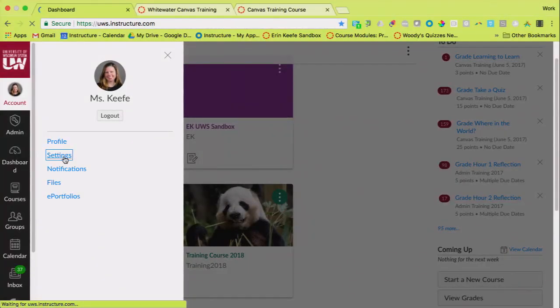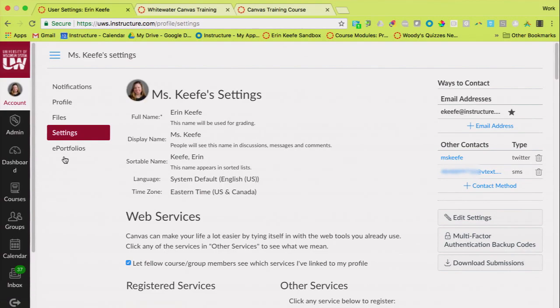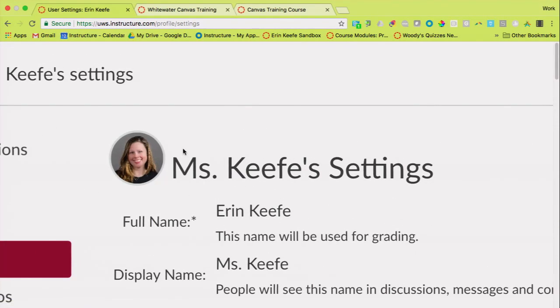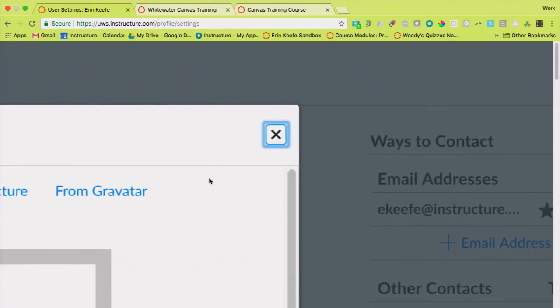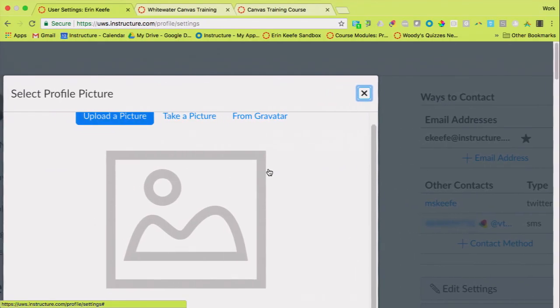In the settings tab, you probably don't have your profile picture in there yet, but if you hover over that ghostly image of a person, you're going to see a pencil. And anytime you see pencils or gears in Canvas, it means there's more actions available. So we do recommend that all of our users put in a profile picture.